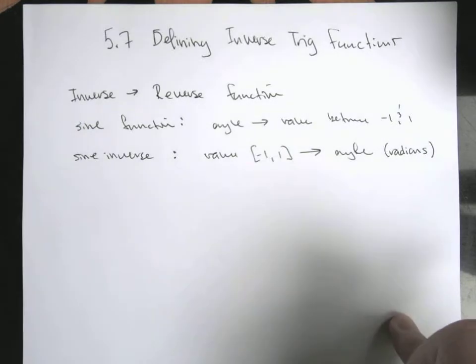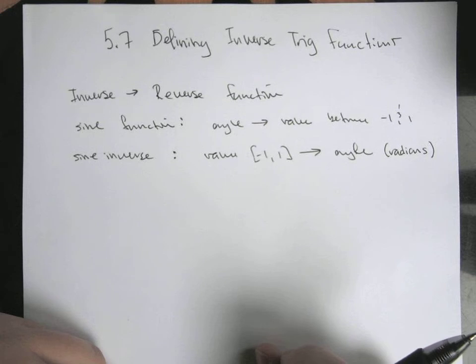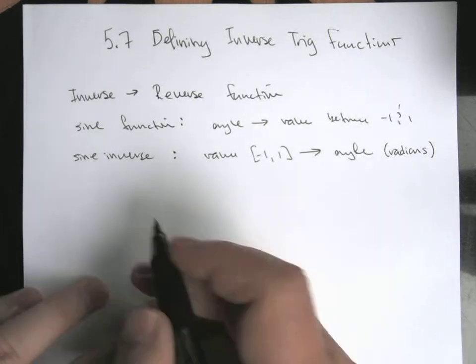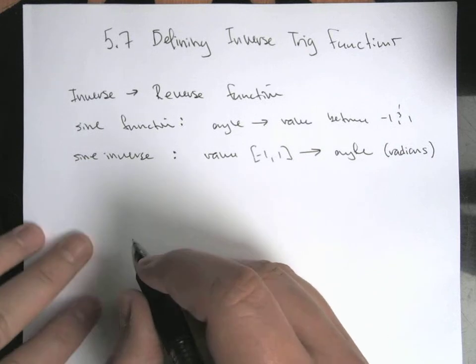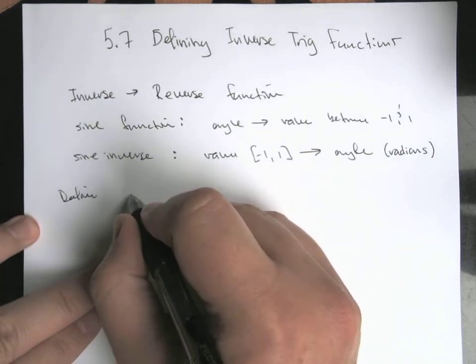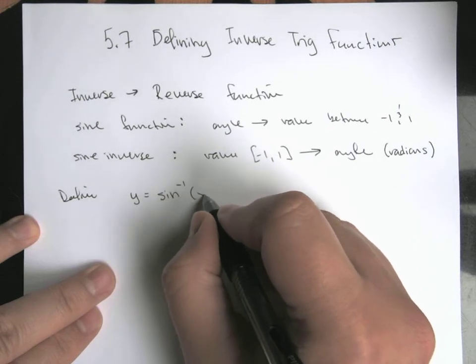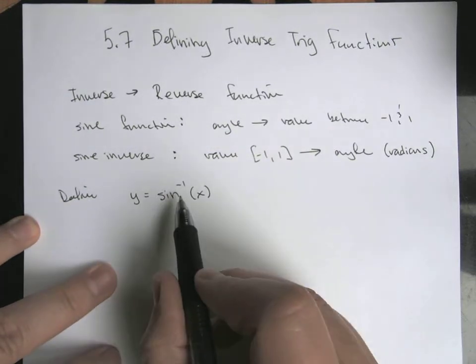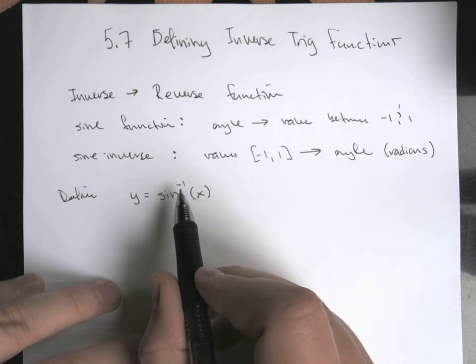We did some calculated versions of this back in 5.2 for some of those right triangle problems. There is a calculator button that can do this. But now what we're going to try to do is get this mostly from a unit circle context. So let's define y equals, what's this going to look like? Sine inverse of x, we're going to use the inverse notation, which is the -1